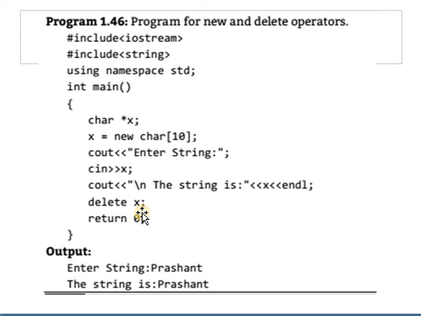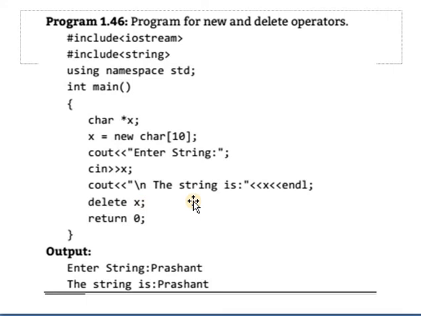While compiling and executing this program, first the message will be displayed, enter a string, then a sample string will be entered, then the string will be displayed, and after displaying the string, the pointer variable's memory is deallocated, because we use the delete operator after displaying the string.